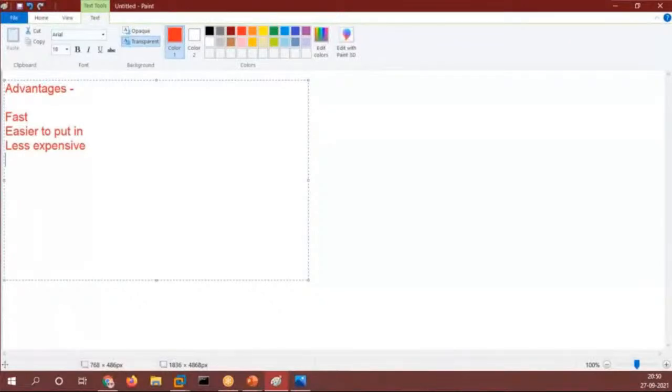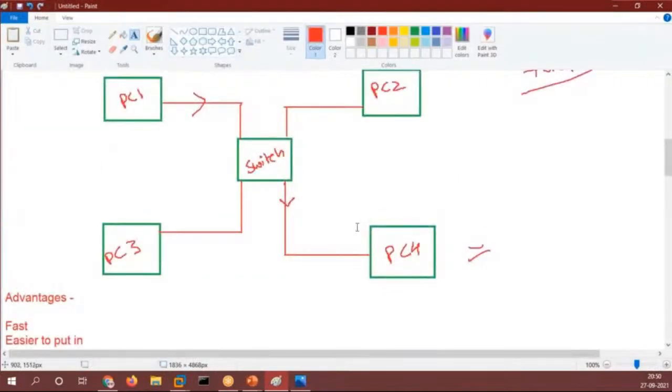Now fault detection is easy. So what happens, guys, if PC3 is not able to send the data to PC2?